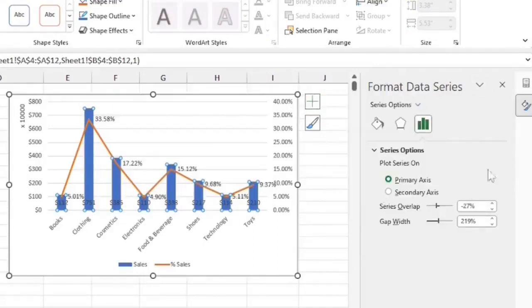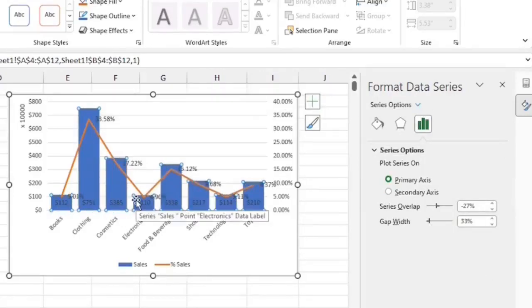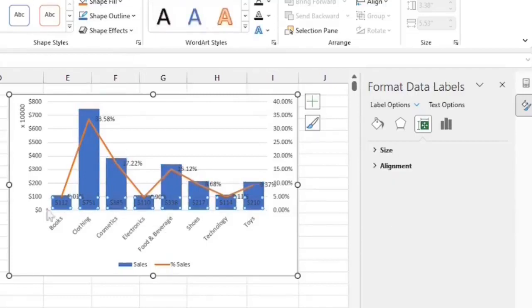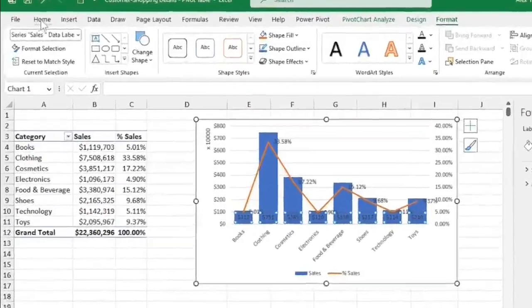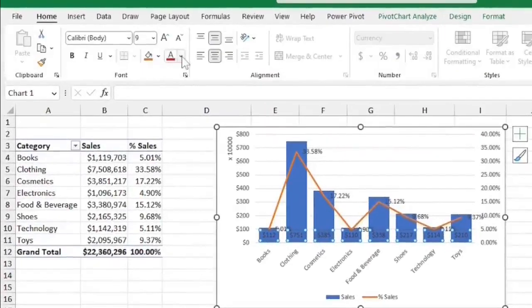From the Format Data Series dialog box, reduce the gap width. I drag this to the left. So you can see how I have reduced the gaps between the bars. I can also change the color of labels. I select the labels, then I come to Home and choose the color I want